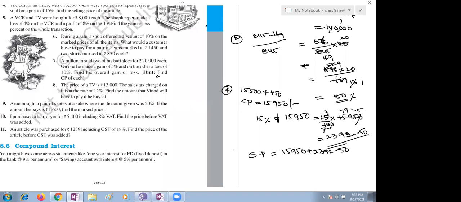Ma'am, but we are getting the same answer. Same answer you are getting? Yes, ma'am, both ways, combined or separately, we get 315 only. Even if you combine, 10% comes to 315 only. Yes, you will get the same. 10% on the total amount also, same thing only you will get, right? Then no need to take separate.